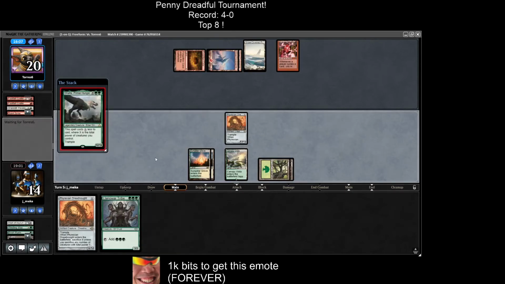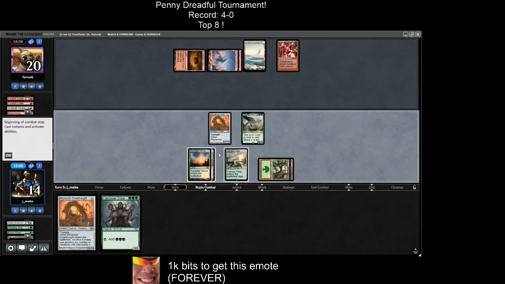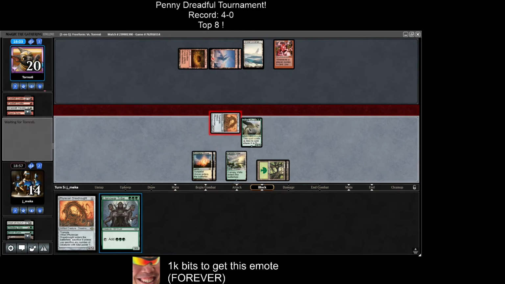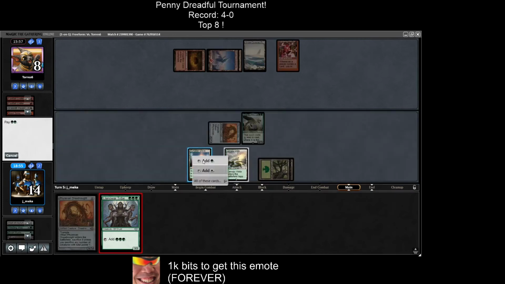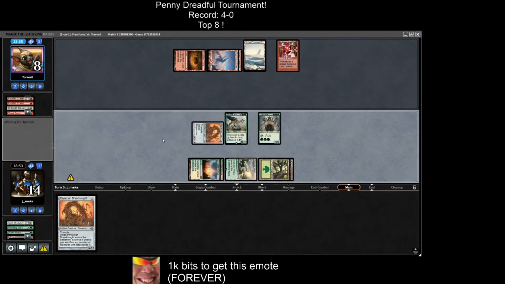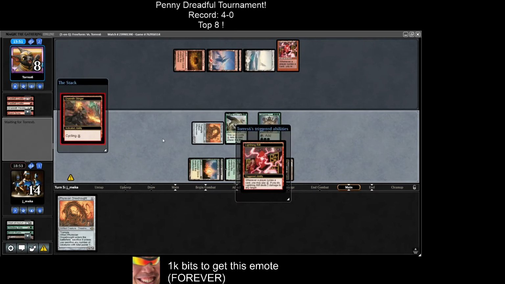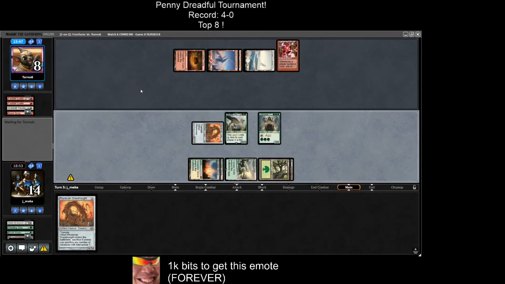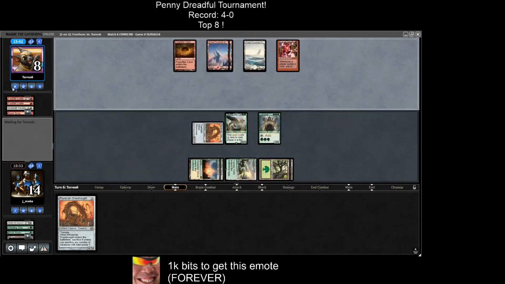All right, here comes a Ghalta. And here comes the Llanowar Tribe as well. I actually don't know how they win here. I actually have no idea how they win here. I guess they could, no, they can't even Flare me. They won't have any. They gain 8. I don't know. I'm at 4. I'm at a pretty high life total, so